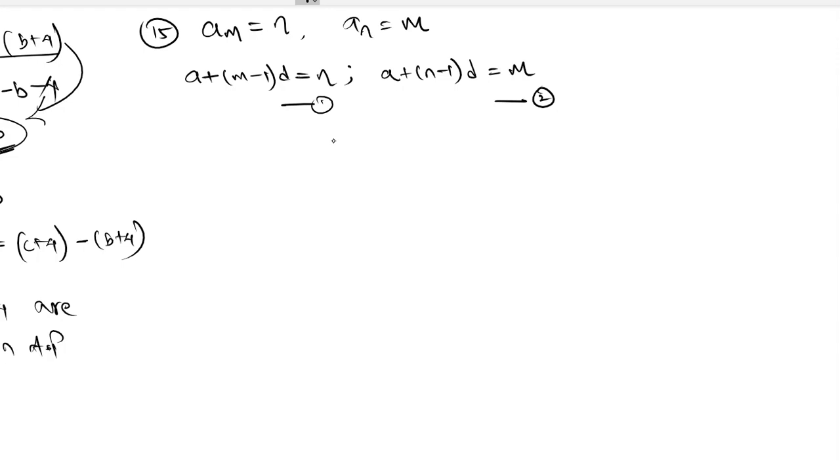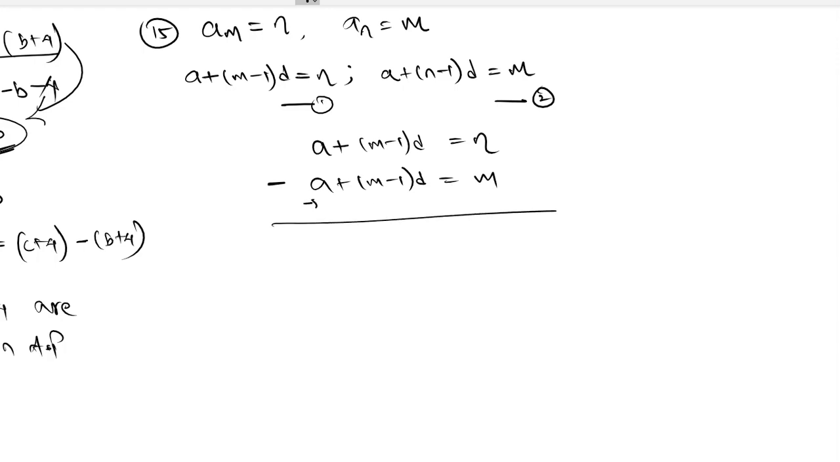You can solve it with the help of simultaneous linear equations. One method, you know the method, is elimination by equating coefficients. So A plus (m minus 1) D is equal to n, minus A plus (n minus 1) D is equal to m. So this will get subtracted, this will be minus, and this will be minus. So A minus A both will cancel, and here you will get (m minus 1) D minus